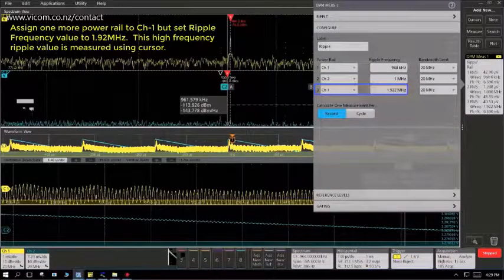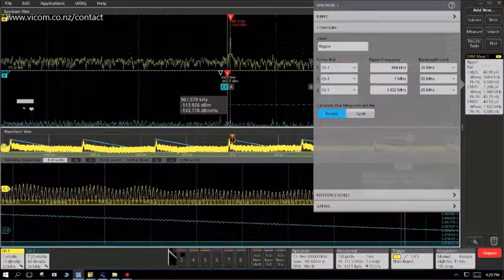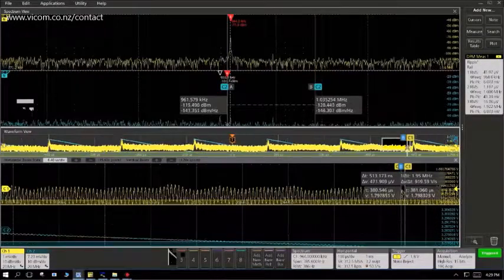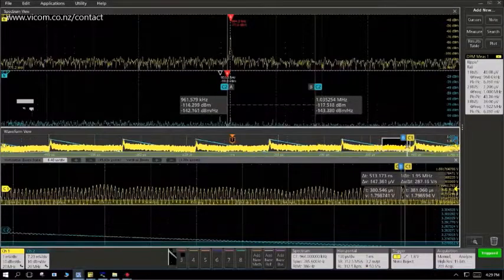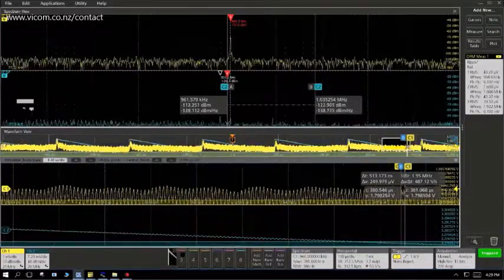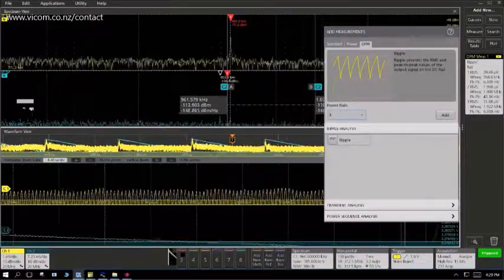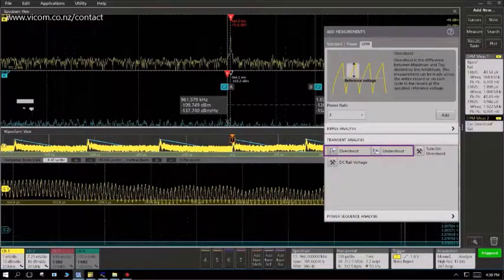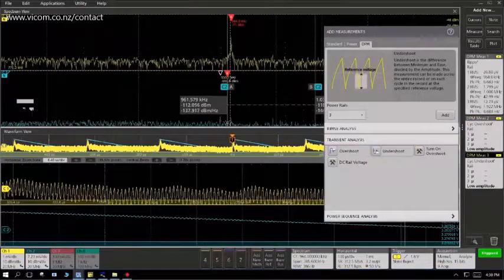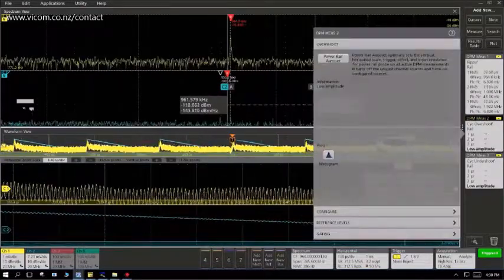So simultaneously you're looking at a ripple frequency at 964 kilohertz, and on the same signal at 1.9 megahertz you are looking at ripple on ripple. So you can now simultaneously look at multiple rails, up to 7 rails at the same time, look at the spectrum view to identify the source of ripple and noise and ensure that the whole design verification and validation is done